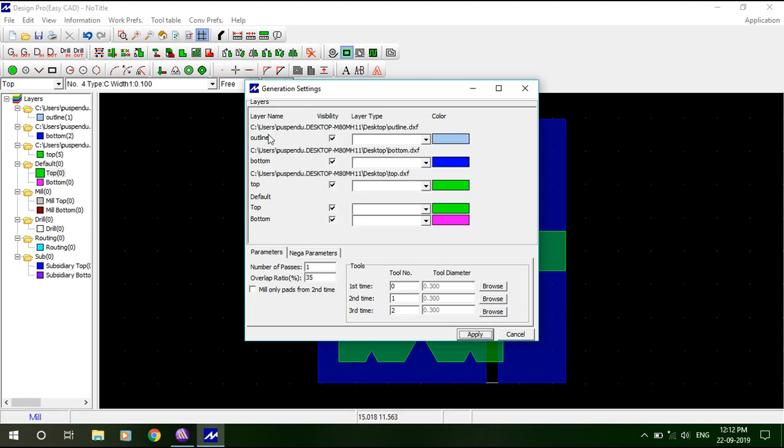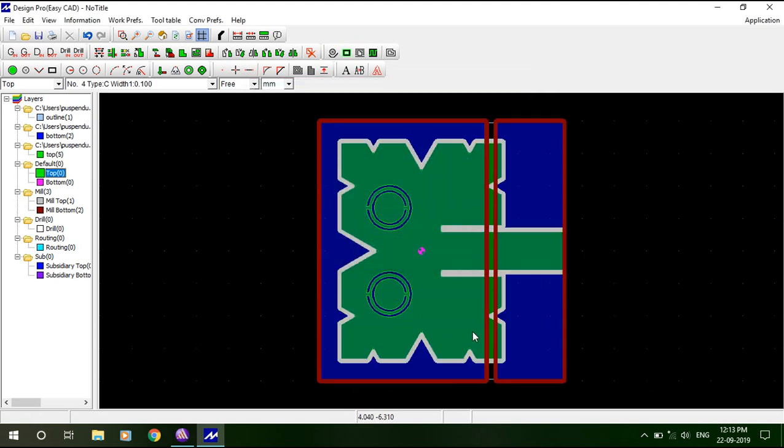Now see all the layers. Actually I have 3 DXF files which I have imported. All the 3 layers are showing here. So for the outline, here there is the option, you click here and select. This outline is going to be the PCB outline, so select PCB outline. And for the bottom, you select pattern bottom, and for the top you select pattern top. Now click apply. Okay, so one part is done, that is milling